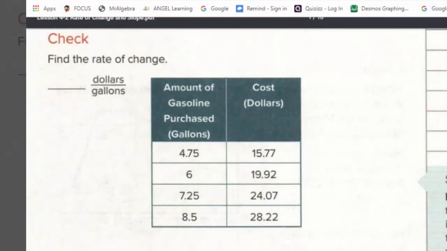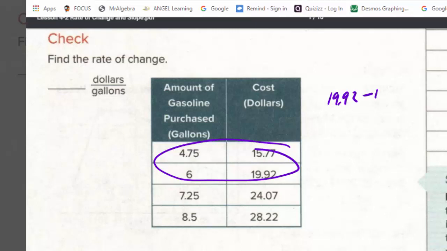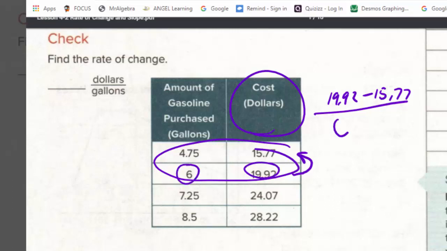Okay, for this one, I'm going to choose just the first two up here, and I'm going to start with the 19.92 minus the 15.77. Notice I'm taking a point and subtracting 1 right behind it. Now this is the output, that's the y values that goes on top. Since I started with 19.92 on my first calculation, I got to start with 6 on my second, so 6 minus 4.75. Once we do our subtractions here, top portion is going to give us